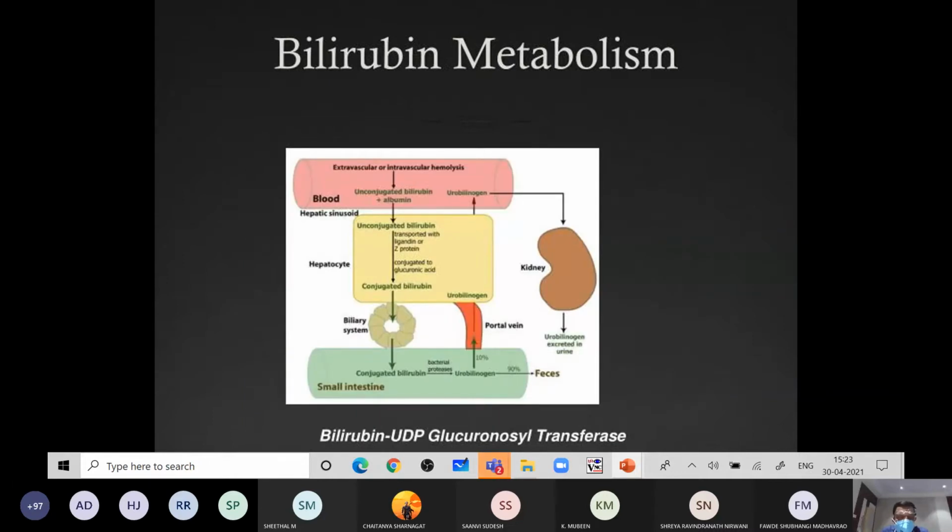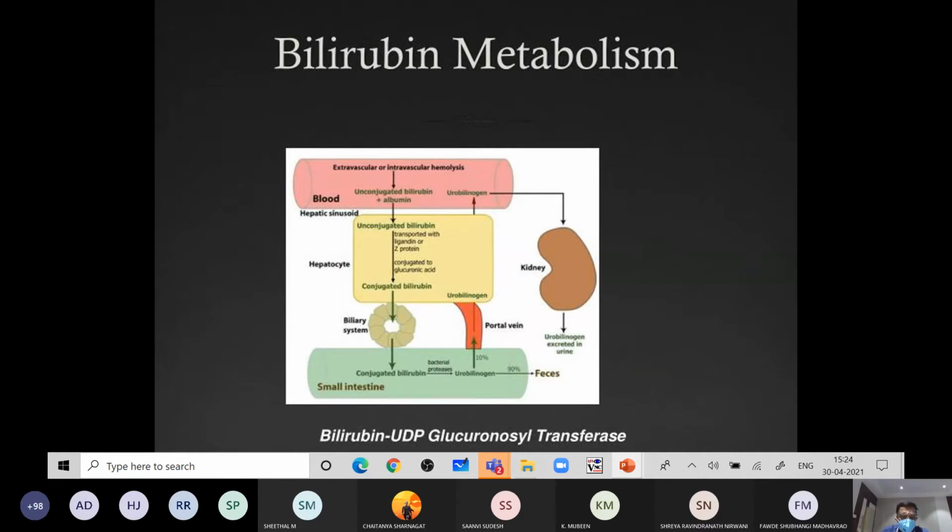Similarly, we see the extrahepatic, extravascular circulations. See how it is excreted in fecal excretion or enterohepatic circulation. On this slide, you can see that the unconjugated bilirubin combines with albumin and goes to the liver. This unconjugated bilirubin is converted into conjugated bilirubin. Then it goes to the small intestine for fecal excretion or enterohepatic circulation. This is bilirubin UDP glucuronyl transferase, as you know, the enzyme which binds